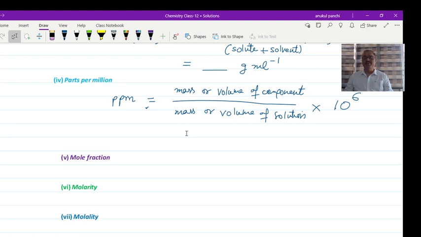The water which we drink must have minerals. Minerals are very important for our life, and their concentration in drinking water is very important. For example, 1 part per million of fluoride ions when present in water is very good for our teeth. Teeth are healthy when our drinking water has 1 ppm fluoride ions.